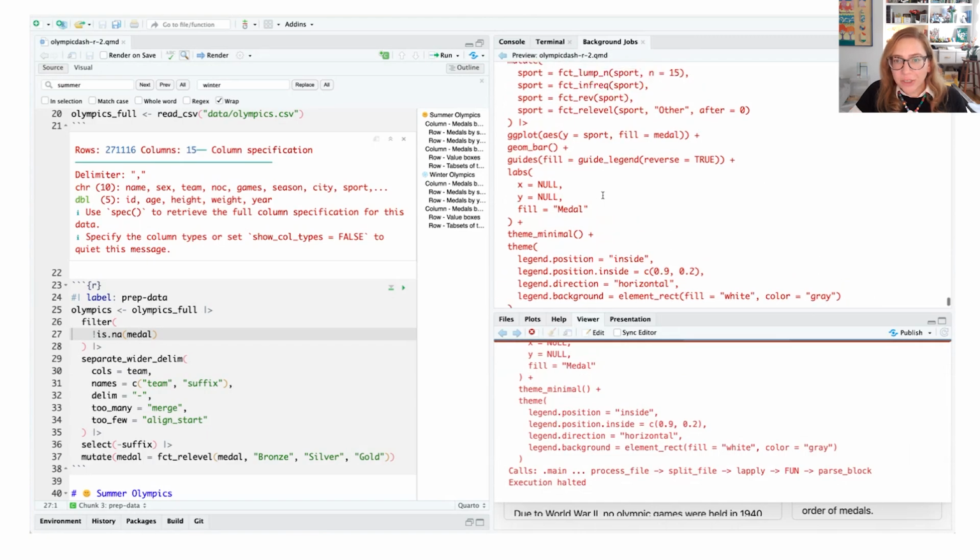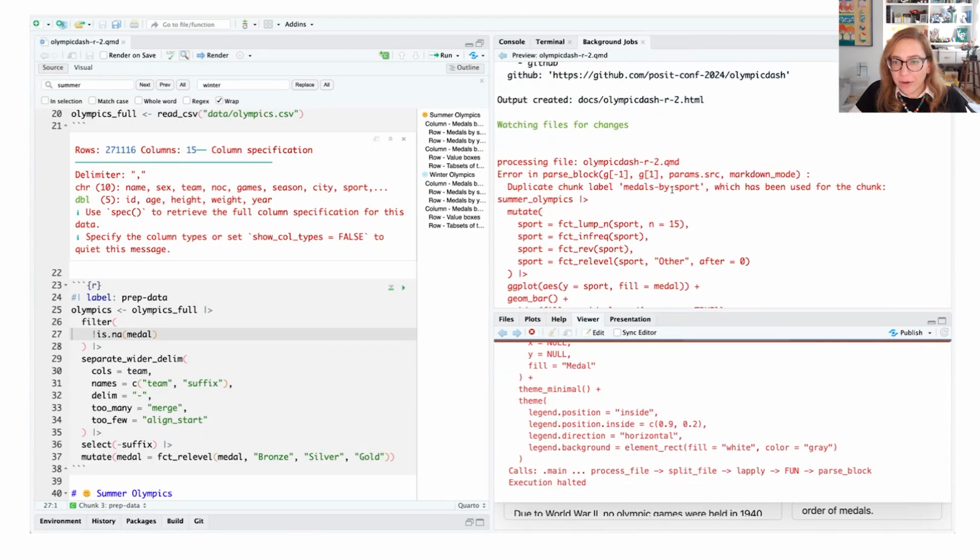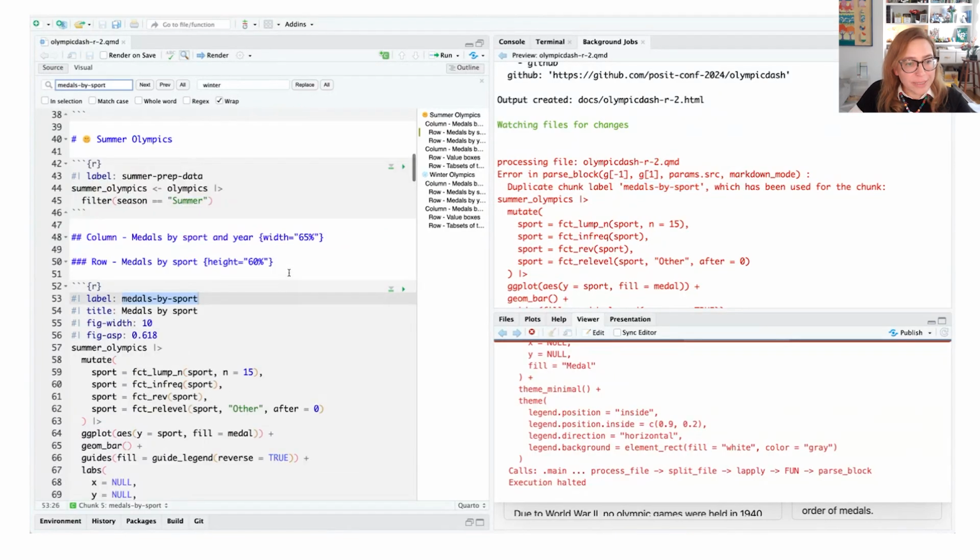All right, let's take a look to see what is giving us some error. Medals by sport is a cell label that we've used twice, it seems like. So maybe we can call this one Summer Medals by Sport. And then the next place that we see that, we're going to call that Winter.